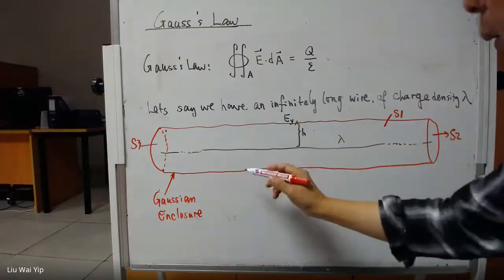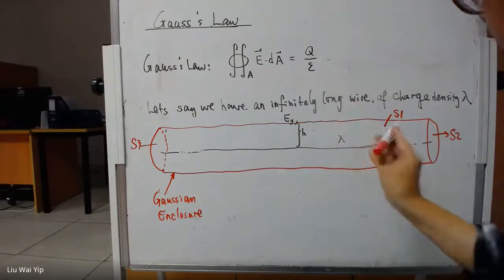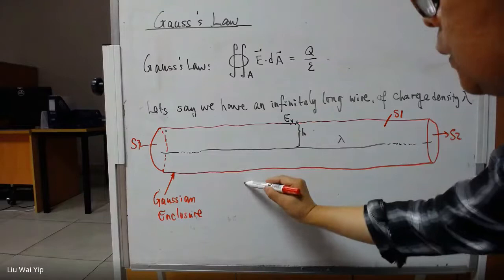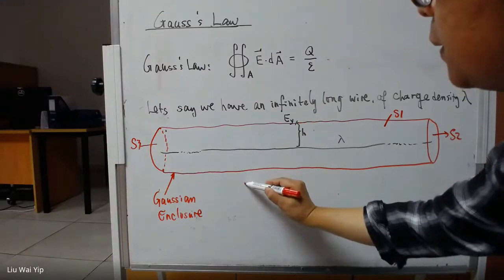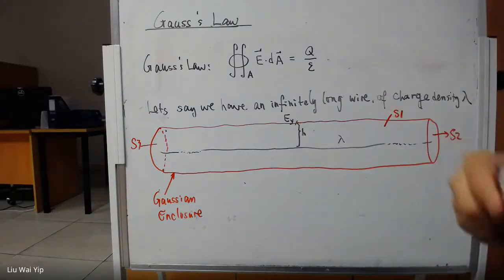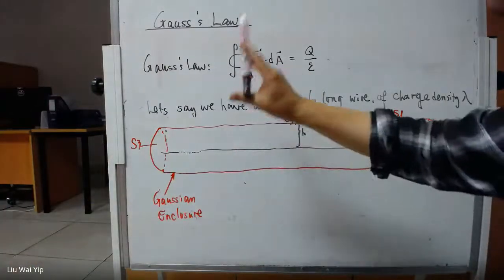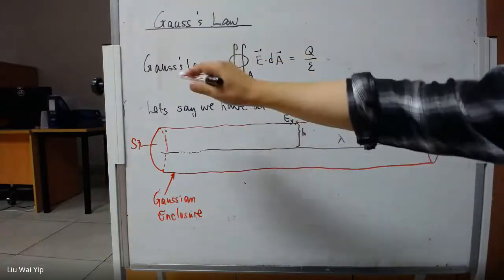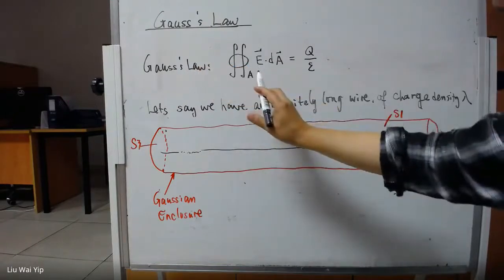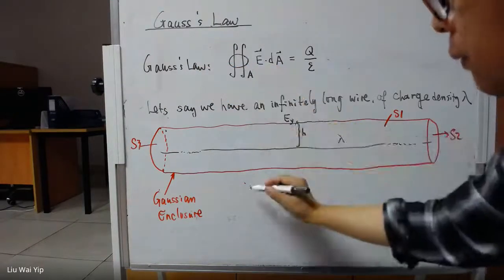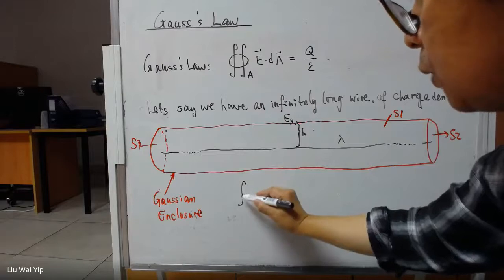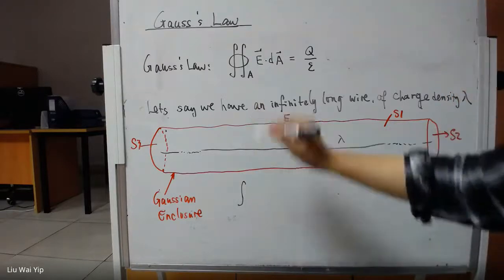Now, my suggestion is we use Gauss's law, by applying Gauss's law, we have the closed surface, and the closed surface here